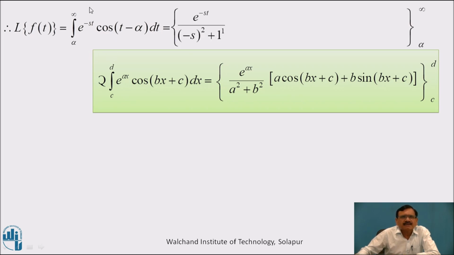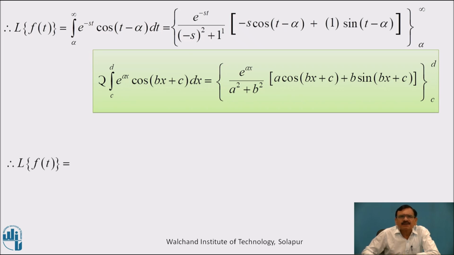Using that we can write e raised to minus st upon here minus s whole square plus 1 square into bracket, here a is minus s, that is minus s cos of t minus alpha plus 1 because here b is 1 into sin of t minus alpha with the limit alpha to infinity. Therefore L of f of t is equal to, here we know e raised to minus infinity is 0,